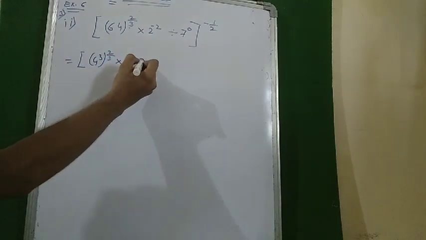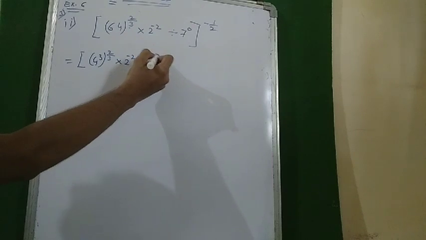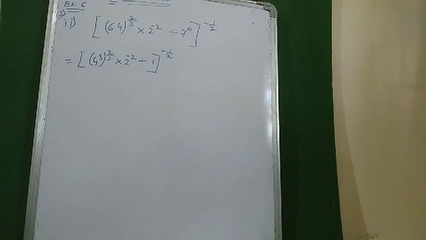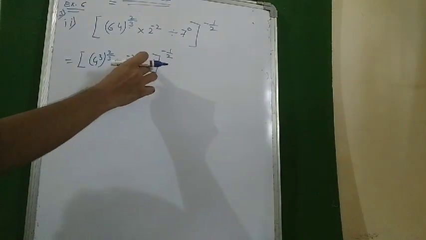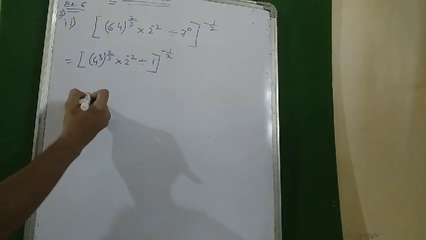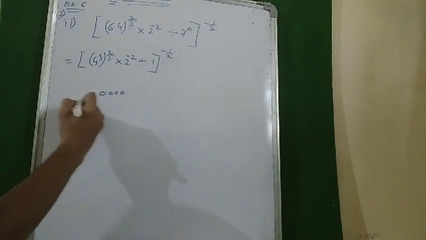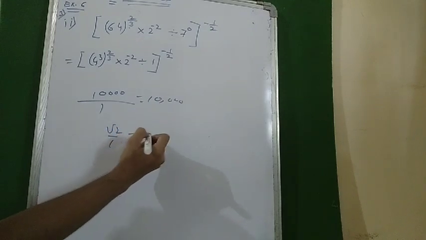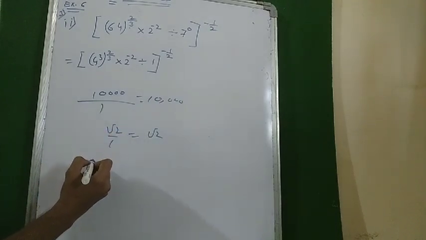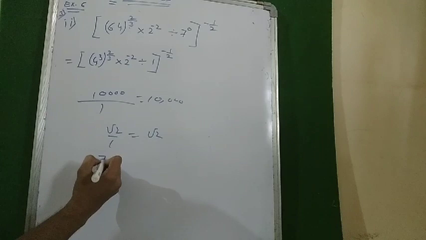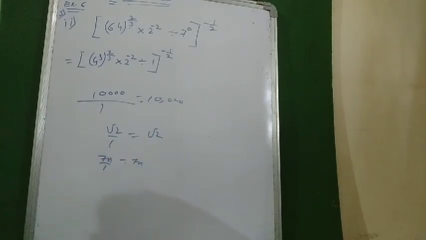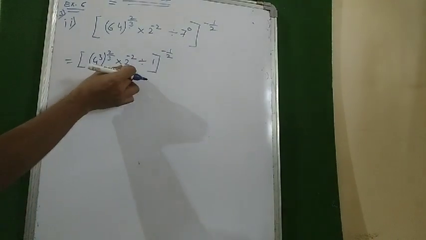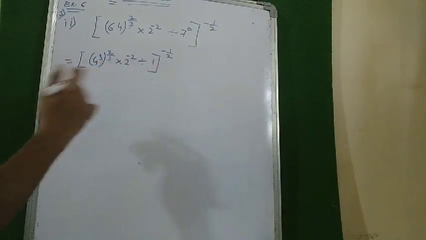Divided by 7 raised to 0. 7 raised to 0 is 1. Okay. Raised to 1 upon 2. Okay. Pay attention everyone. It is divided by 1. Whatever, for example, it is 10,000 divided by 1. It is 10,000. We have root 2 divided by 1. It is root 2. We have anything, suppose 7x divided by 1. Answer is 7x. So the conclusion is any number divided by 1 is the number itself. So you can say that if this number is divided by 1, 1 doesn't have any value.